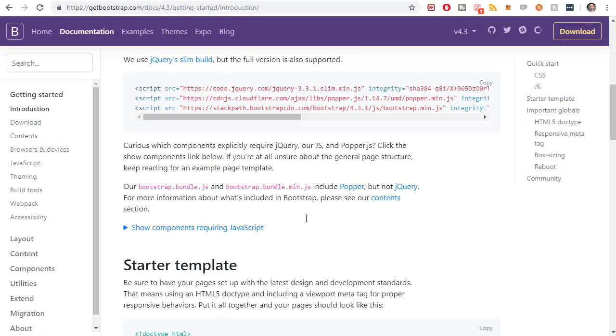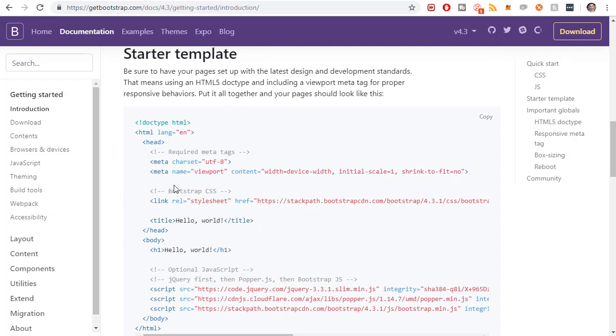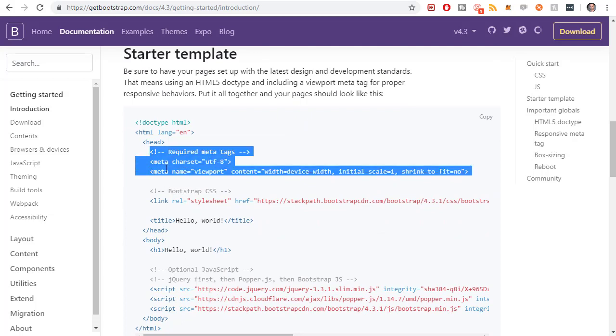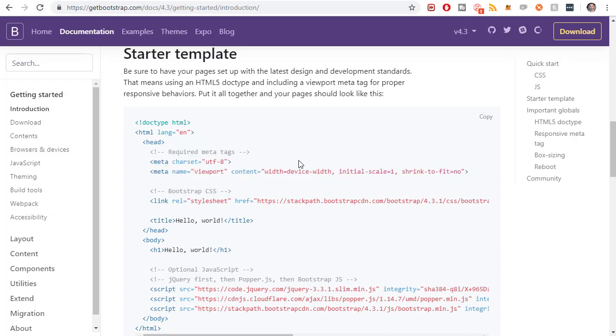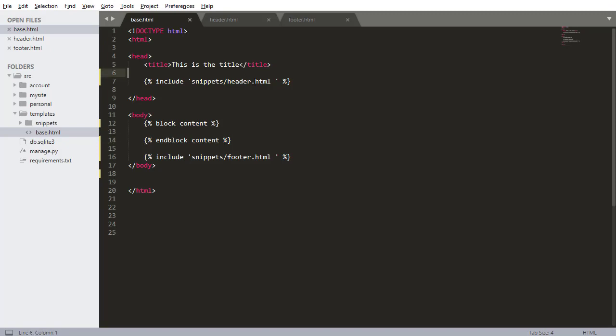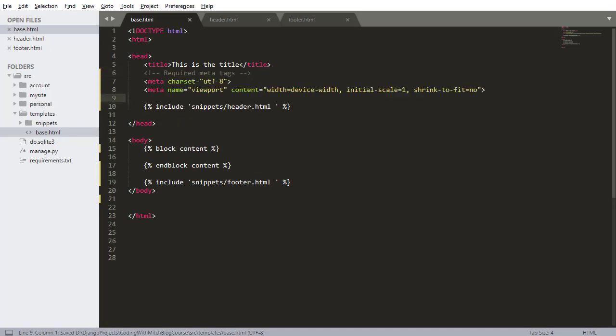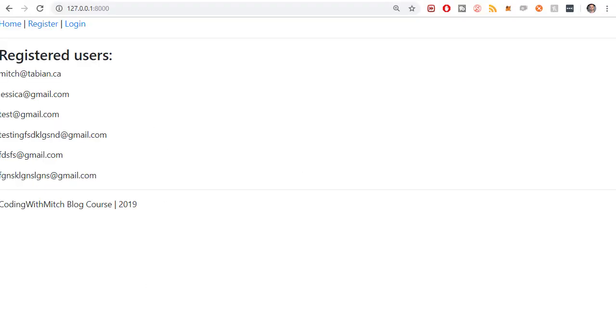Going back to the Bootstrap website, there's also a couple other things we need to do. It recommends using these meta tags, and this is going to help for mobile, the usage of your website on a mobile device. So in HTML language or in web language, that's called responsiveness. It makes your website responsive. What responsive means is if I was to open this on a phone,